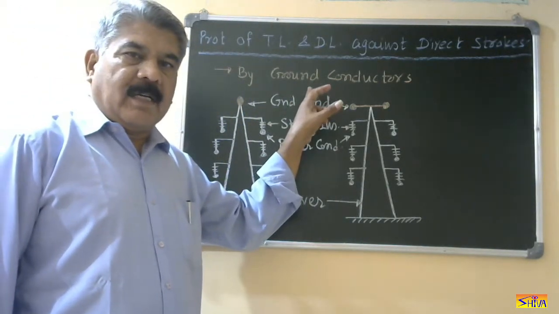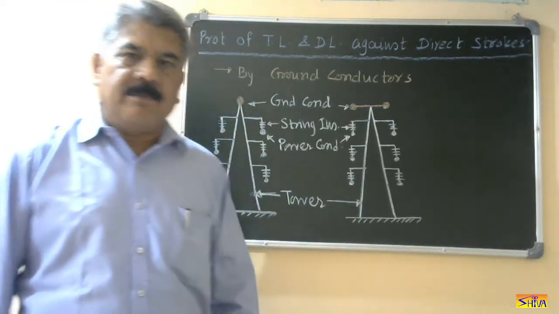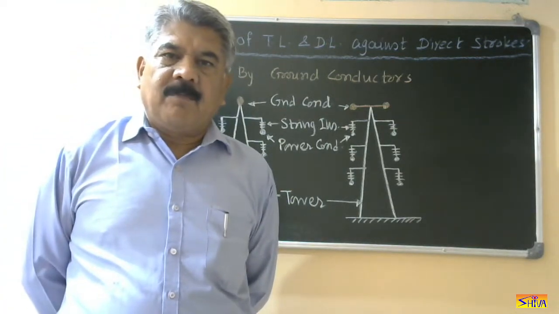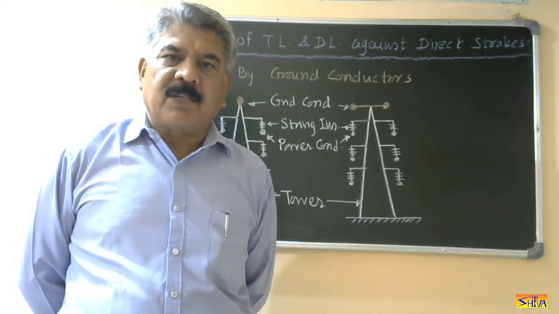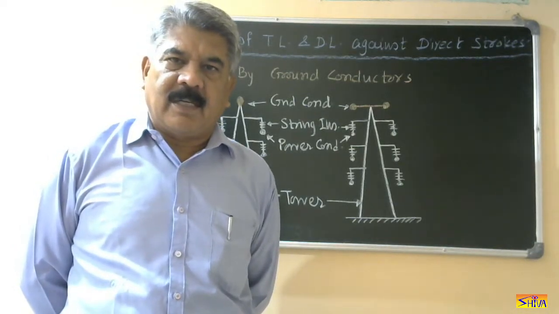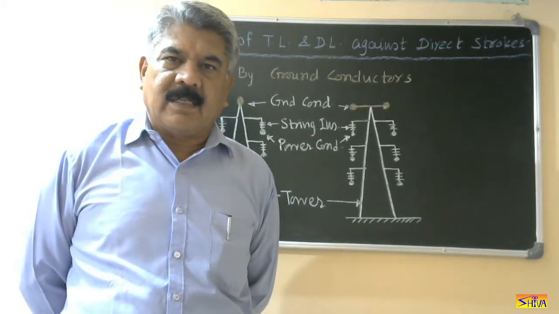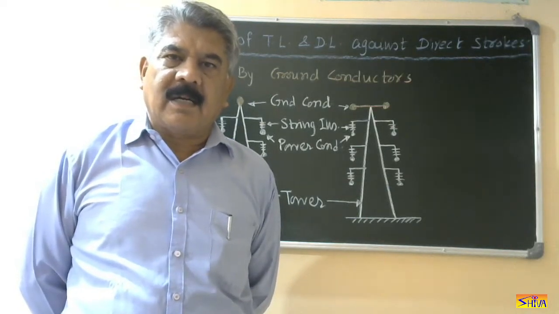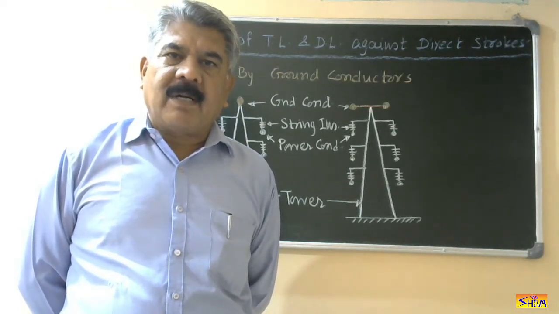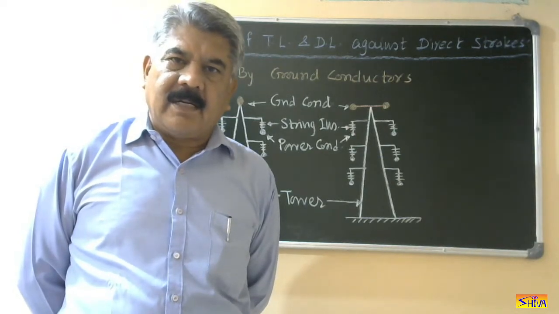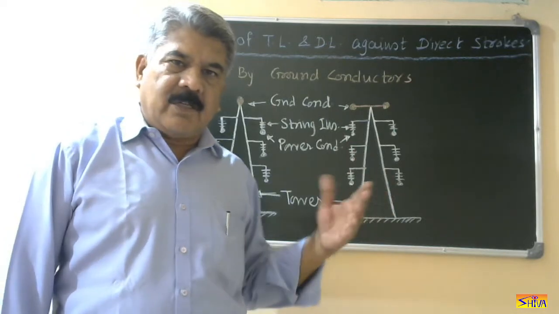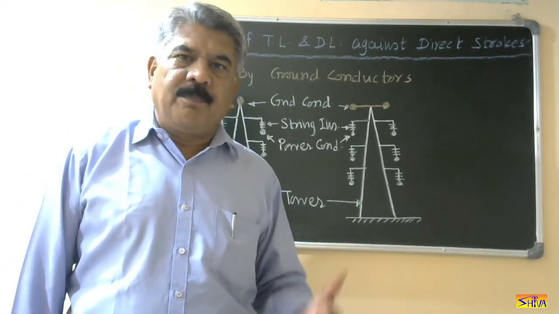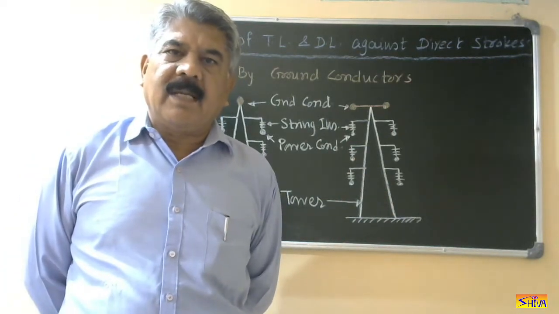This is provided by ground conductors. You must have seen bare conductors running above the transmission line as well as distribution lines. So these are the ground conductors. Ground conductors are strung above the power conductors. They are connected to the towers. Number of ground conductors, whether it should be one or two, is decided by mechanical considerations